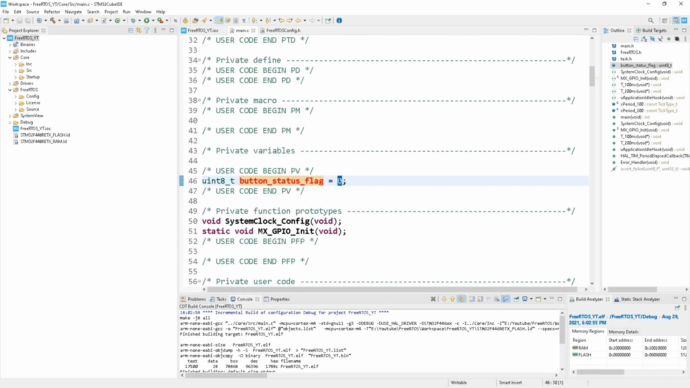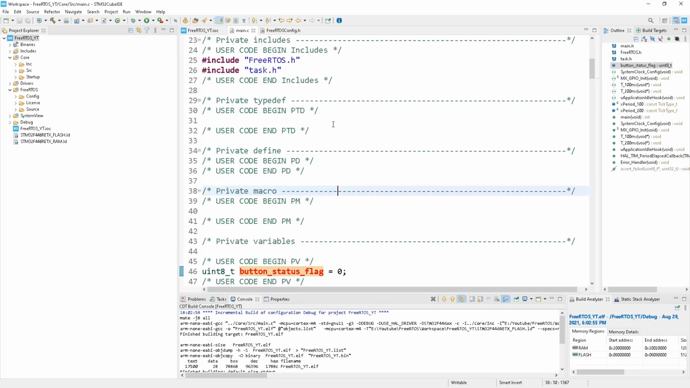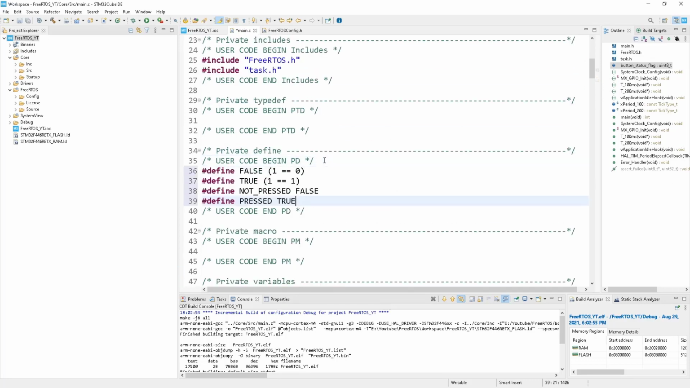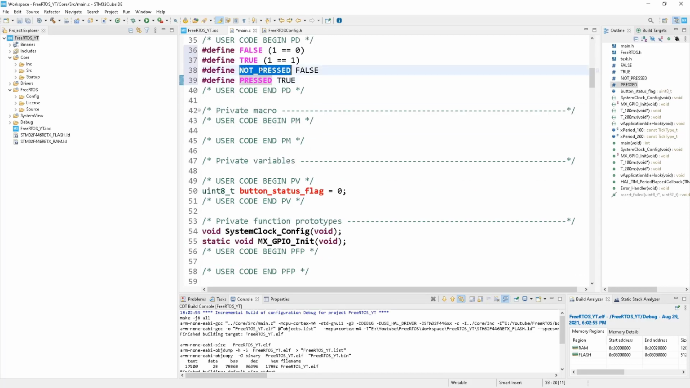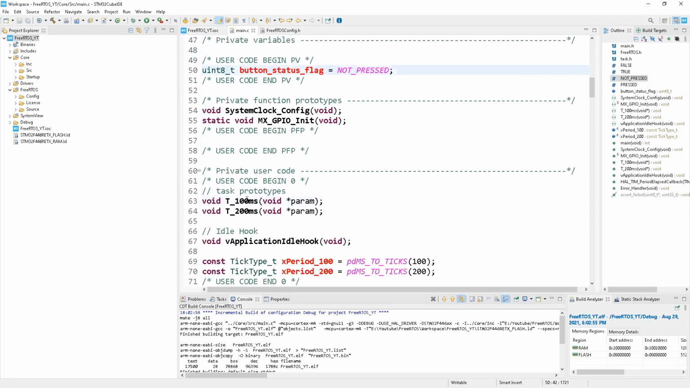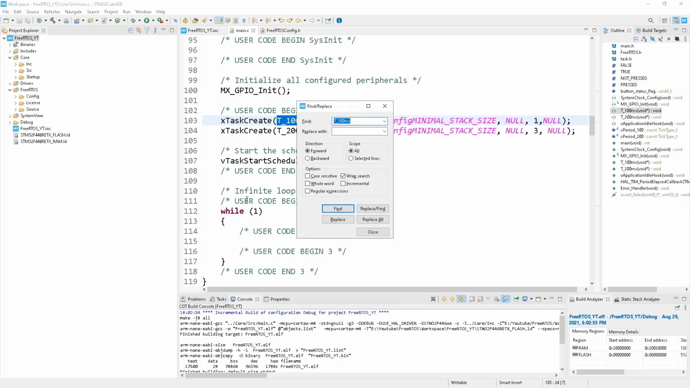I don't want to use magic numbers, so I'm going to create some macro definitions. So under private define, this will be my macro definitions. So for false, true, not pressed, and pressed. By default the button is not pressed, so I'm going to use this here. Now I'm going to this 100 millisecond task,